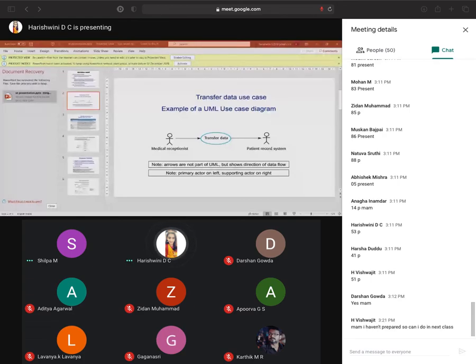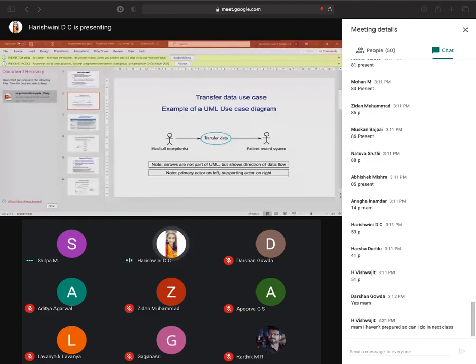This general information maintains summary data about a patient rather than data about the consultation, which has been recorded in the MHC-PMS. Here the use case is shown in the ellipse and the name of the use case is transfer data. There are two actors involved: one is the medical receptionist and the second is the patient record system.